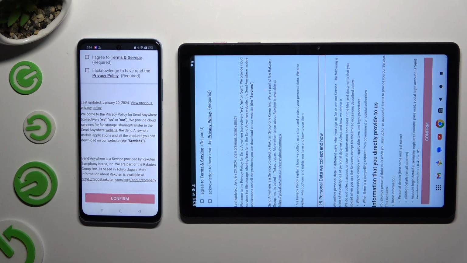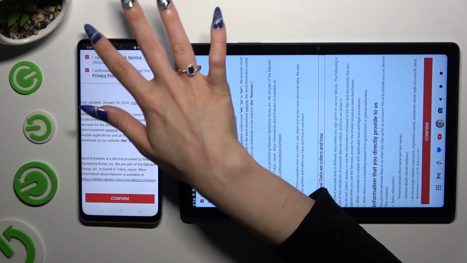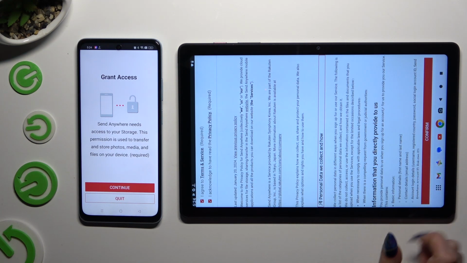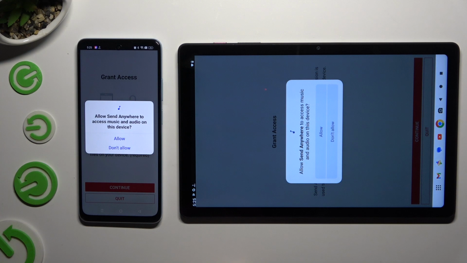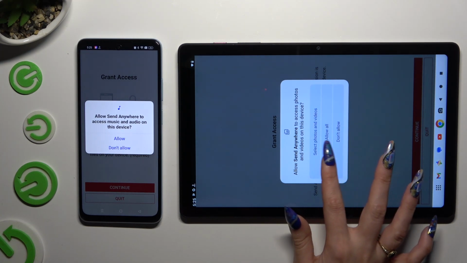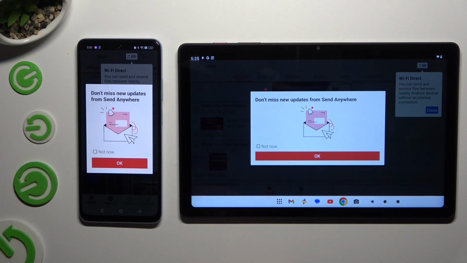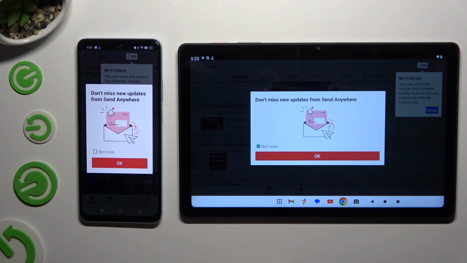Then tap on the same options in both apps. Firstly, I agree and I acknowledge. Then confirm. Continue. And allow. In this window though about new updates, you can tap on Net Now or close it right away by hitting